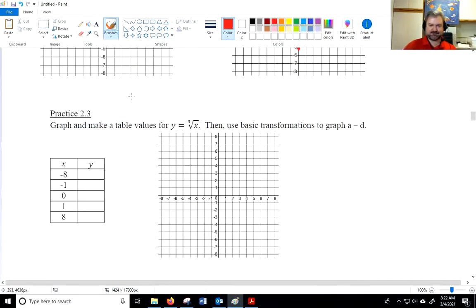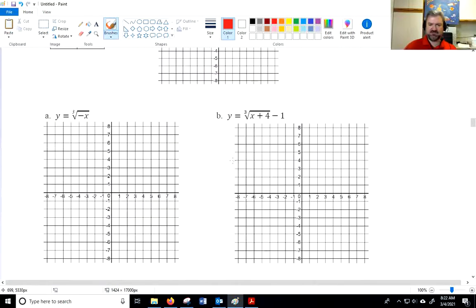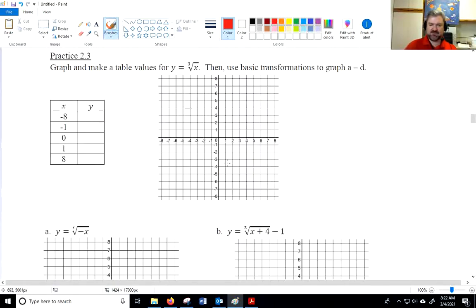Okay. Now let's do the same thing with the cube root. If you haven't yet, pause the video and do those, please. All right, the cube root of 0 is 0. The cube root of 1 is 1. The cube root of 8 is 2. So it's a real quick turn to the right. Very flat, I should say, not steep. And then like this. Okay, so we're just going to plot those 1, 2, 3, 4, 5 points each time